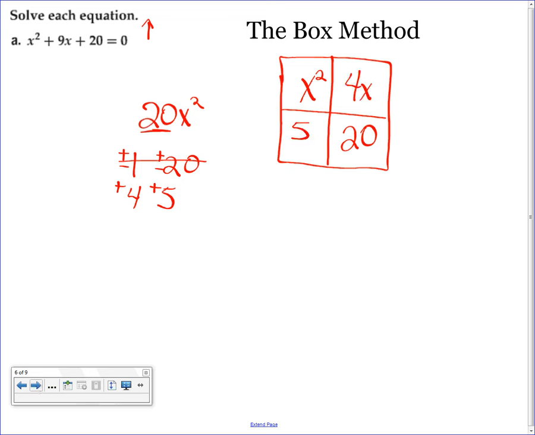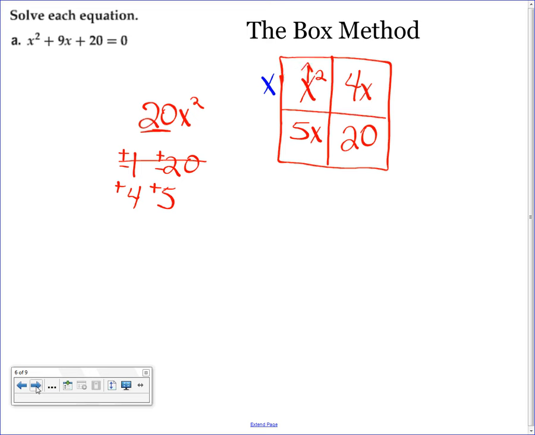Once you have the box set up, that's pretty simple. We're simply going to look at these top two numbers and factor a greatest common factor out of both of those. Okay, x squared and 4x have in common an x. Next step, let's take this and divide it by this and place our answer up here. X squared divided by x is